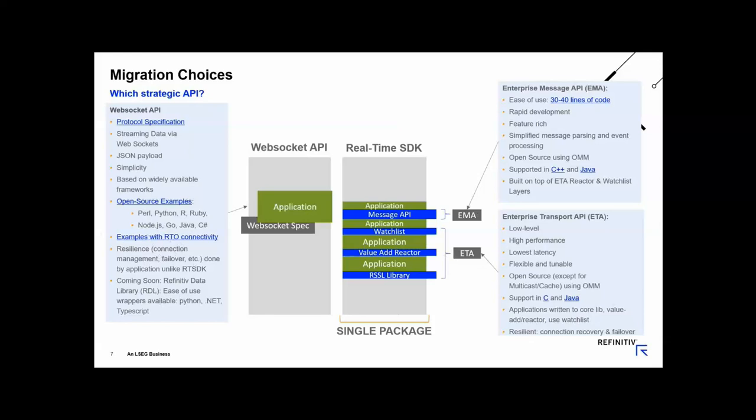Yeah, just one other thing I should mention in terms of the WebSocket API is, as Vasavi mentioned, you have to do some of the admin and overhead stuff yourself, but we'll be releasing soon a Refinitiv Data Library, which is an ease-of-use wrapper around the WebSocket API, but it'll also let you access non-streaming data as well from our platform, so things like ESG data, historical data, and so on. And that's going to be available in Python, .NET, and TypeScript versions, and it should hopefully be available end of Q4 this year or early Q1 in 2022.